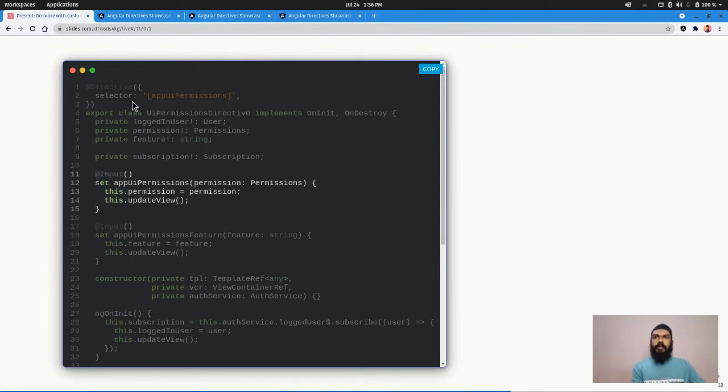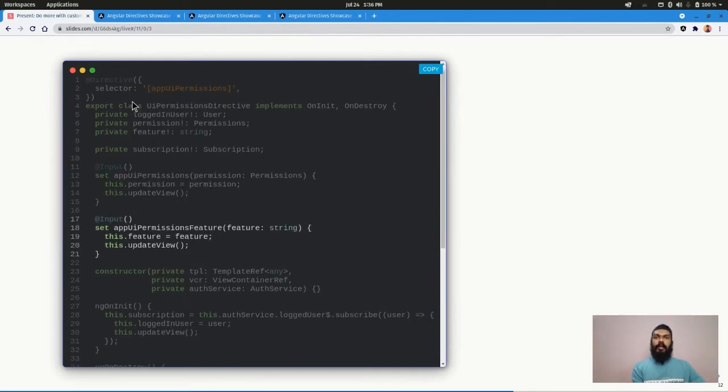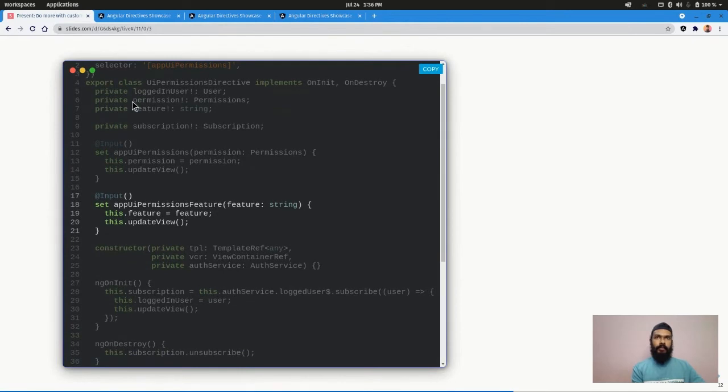Then we have an input. We have two inputs actually. One input is for getting the required permission for viewing that particular component. And then we have another input for getting what feature we are validating. So two basic inputs are required to be passed into this directive.